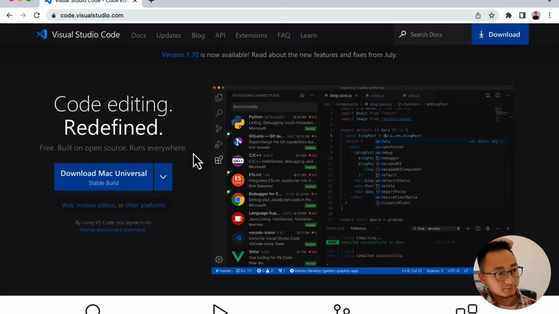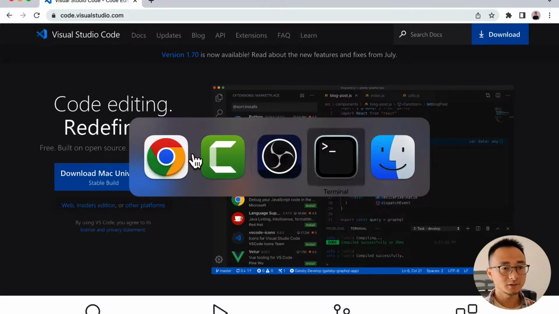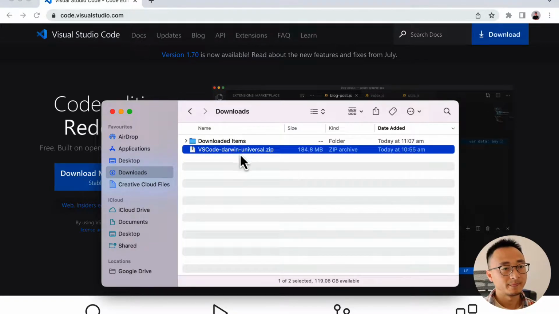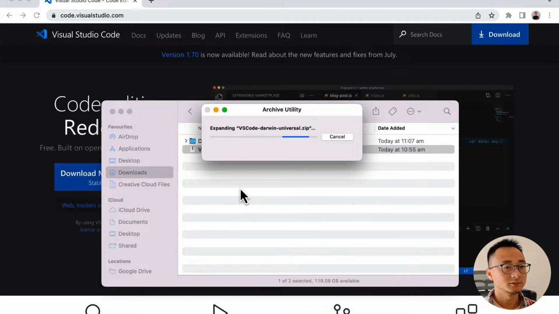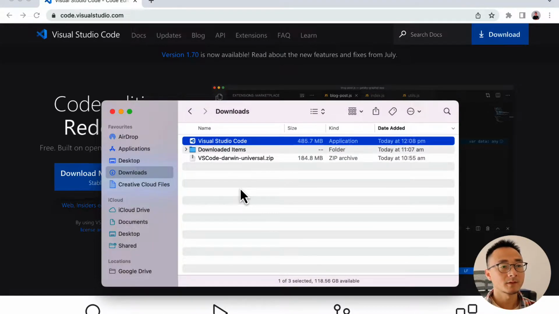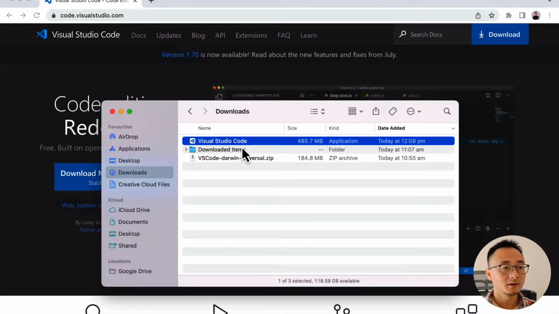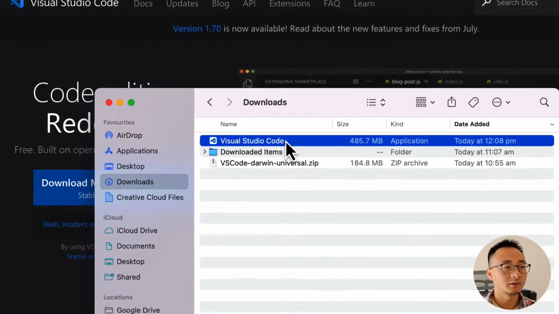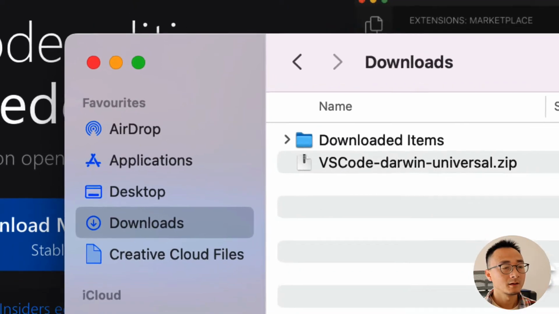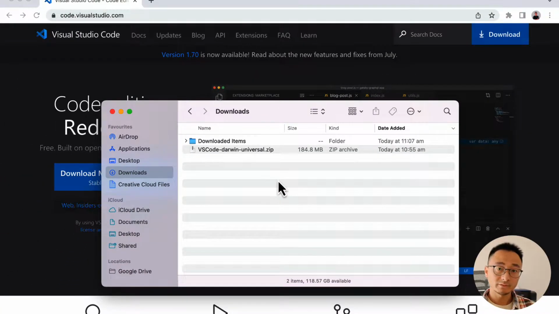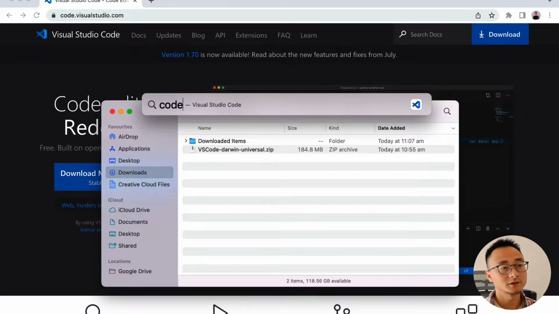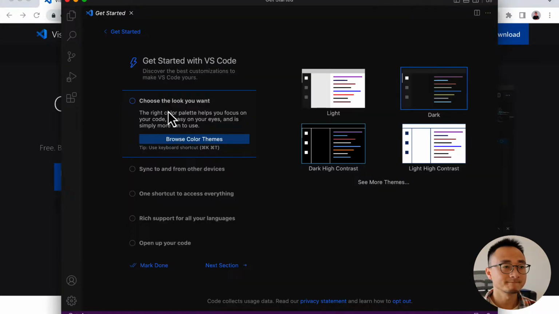So download it first. Once you have it downloaded, it's a zip package, and you basically unzip it, and you will have the application. Next thing you will do is just drag it into your Applications folder, and then you have it. If you want to launch it, as I do, it will have a get started tour for you,